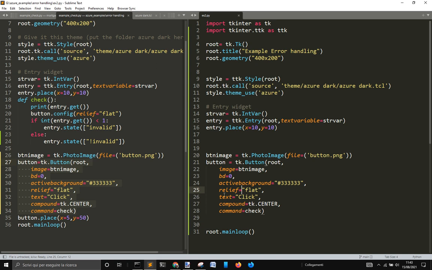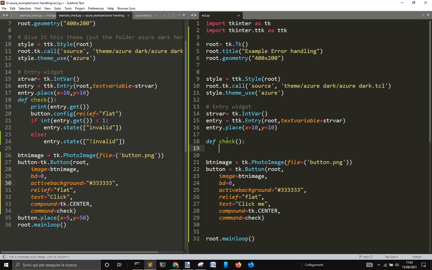The relief will be flat, and the text will be Click, because we will write something. You can also change it, Click me. Compound equal tk.CENTER makes the text appear in the center of the image, and command will be check. Now we need to put this function check to see if the value is right, and we will do